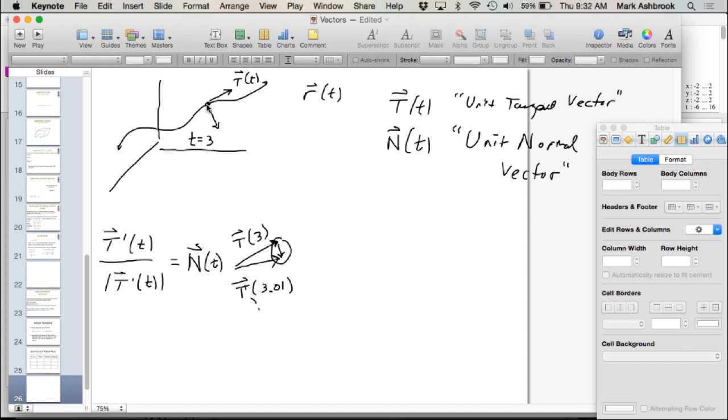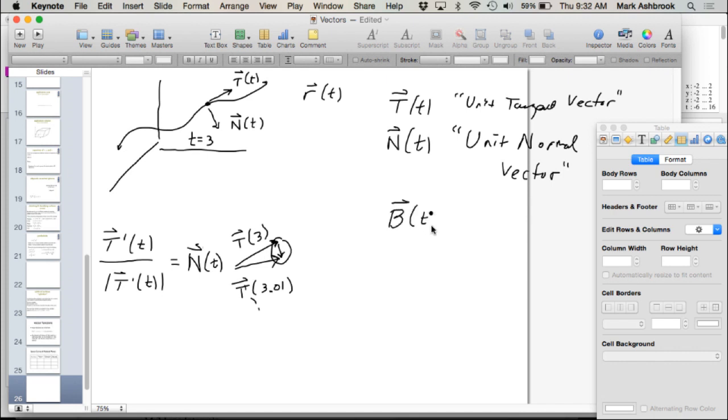So what direction of turning is that? That's this way. Does that make sense? Okay, so then there's a third vector, which is